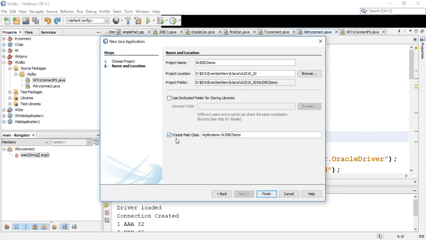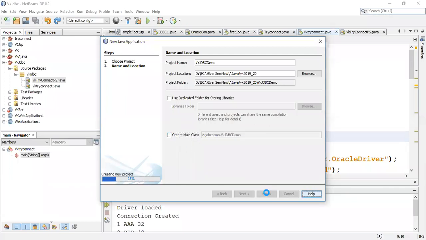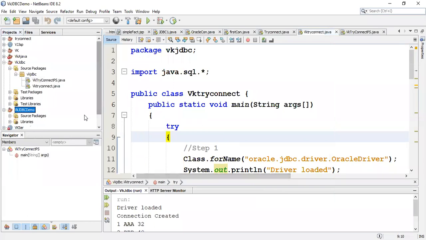Yeah, it is asking me whether I should create a main class with the same name. Can you see this screen here? Yes, ma'am. It is asking me to create a class with the same name. So it will create a project for me. Also, it will create a class for me, and inside that class, it will create a main method. Otherwise, you can just uncheck this. Better uncheck and I'll just finish. We will not take the class which it has created.